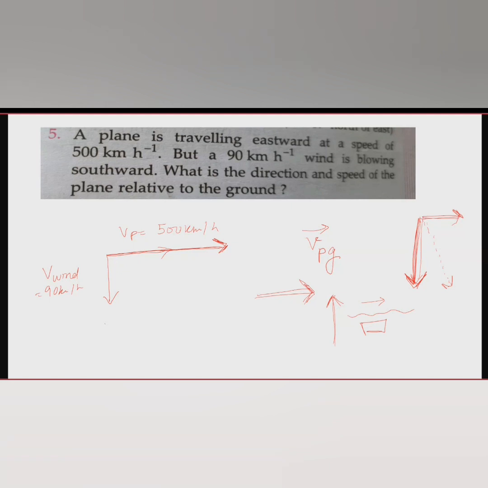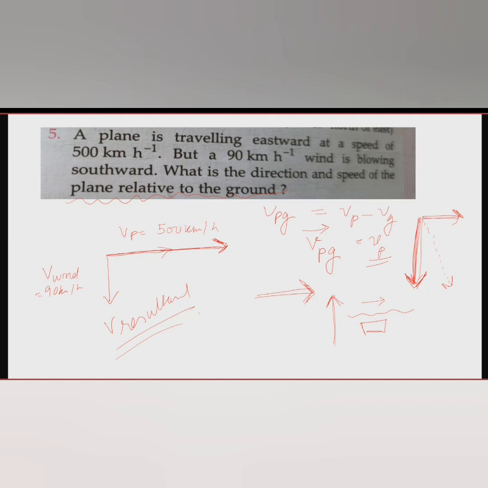So here first you will find the resultant velocity. Okay, first you will find out the resultant velocity. That would be the velocity of plane superimposed upon the velocity of the wind. And then from there you will find out the velocity of plane with respect to ground. Because here it is given as velocity of plane relative to the ground, so you think you have to find the relative velocity. That would be simply velocity of plane minus velocity of ground. Okay, velocity of ground is going to be 0. So whatever velocity of plane comes, that would be the velocity of plane with respect to ground.